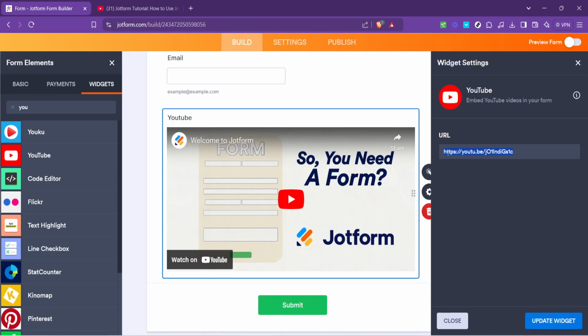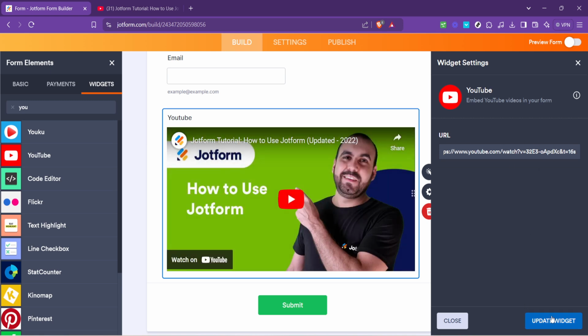With the YouTube video link in hand, go back to your form in Jotform. Now it's just you and the widget. Click on the widget and a space to paste the YouTube link will coyly invite your click. Paste the link there. It's akin to planting a seed that's about to sprout into visual content right within your form. But wait, there's one last step before your form is truly video enriched.